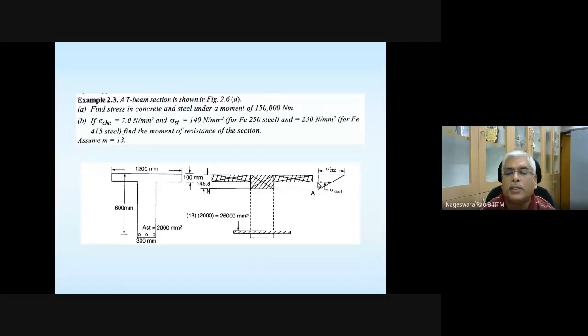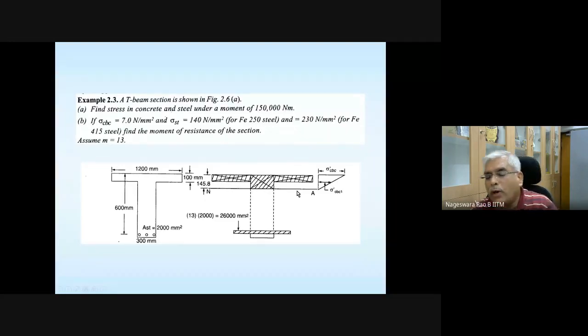Please mute. So if the neutral axis is coinciding with the bottom of the flange, or if the neutral axis is falling within the flange, then also it's going to be simply one rectangle. And only when the neutral axis falls within the web region, it comprises of this flange portion and a portion of the web. And that can be divided for our convenience of calculations in this manner.